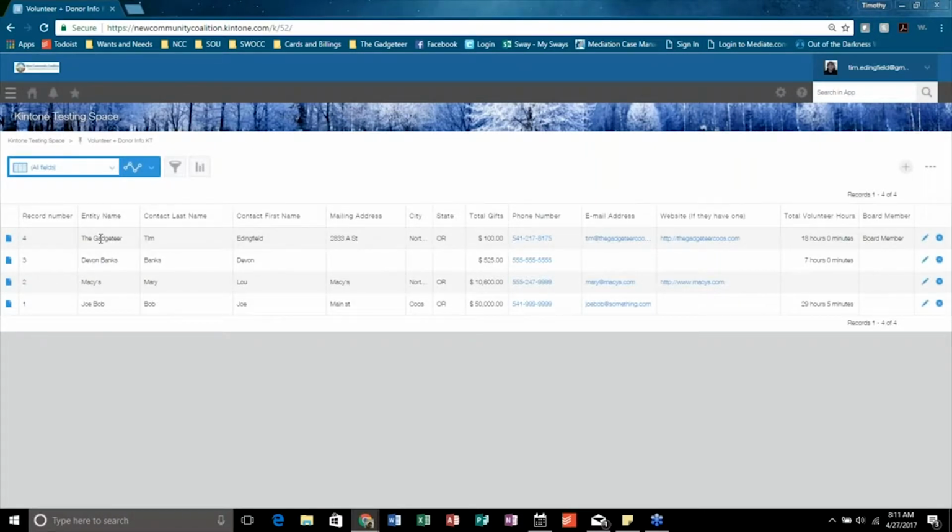You just enter the specific entity name, contact, last name, first name, and all the information that your organization needs for that individual or organization. This is very helpful for nonprofits because they need to be able to track their donors and volunteers, because when they're going out for grants, they need real data that explains the need of their organization, the community's need for their organization, and the community's support to that organization.